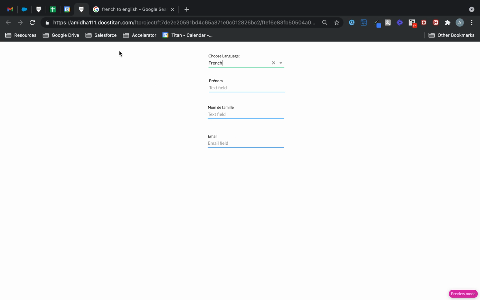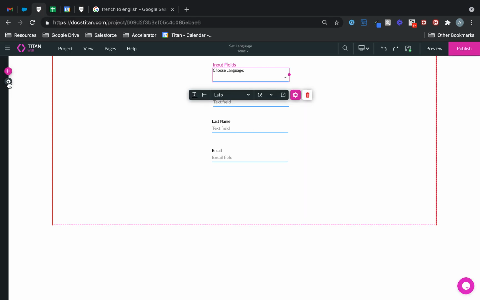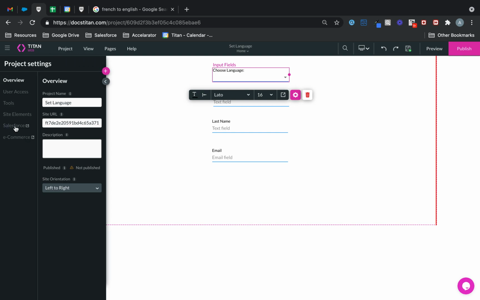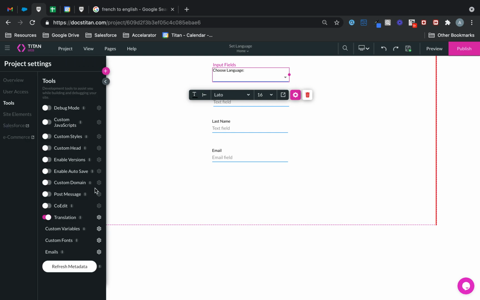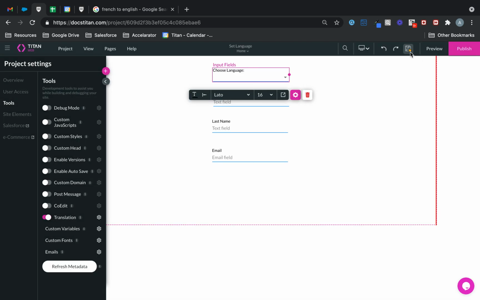Now, there's another way to do this as well. If you don't want to do the way I've done it, you can also do it via a parameter in a URL. So how do you do that? Well, you go over to your custom variables, find this specific one and say map to URL. So click apply, click save, click preview,